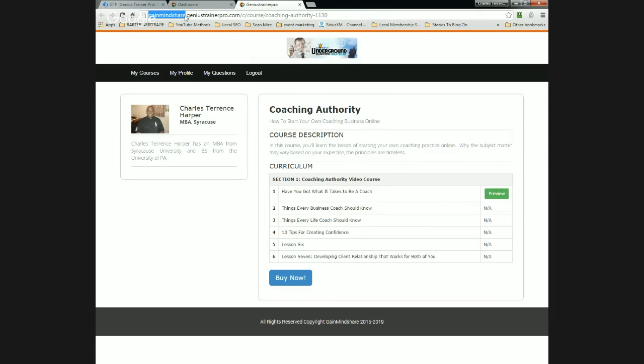So if you change your portal name to Leonardo, in this particular case, instead of Gain Mindshare, it would say leonardo.geniustrainerpro.com. So that's where you would change the web portal. All right. Any other questions? Awesome.